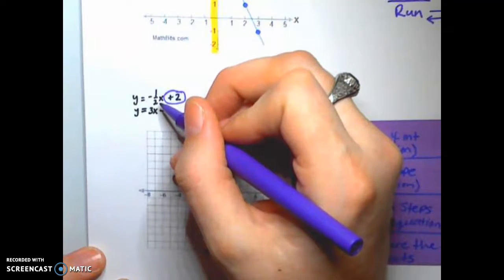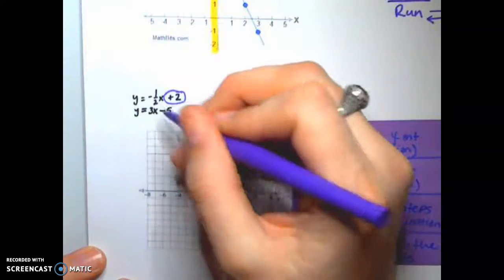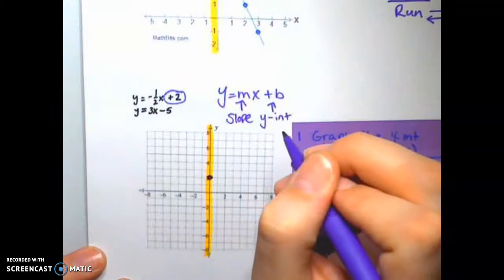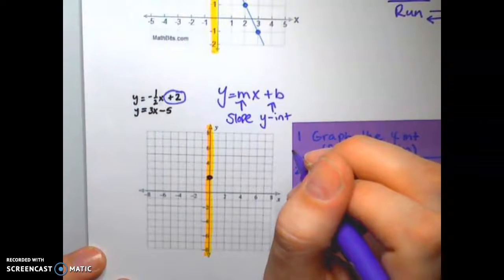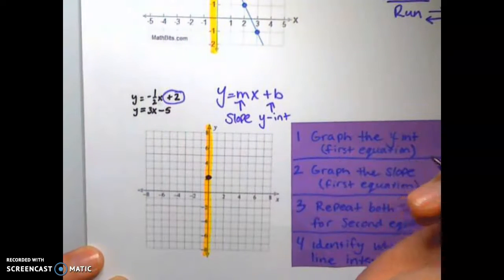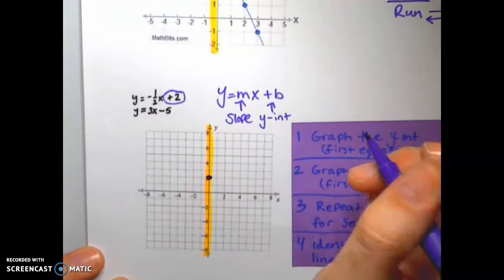Negative 1/2. Since it's a fraction, you could just pick one of these numbers to be negative, either negative 1 or negative 2. I'm going to pick negative 1. The reason you can pick one or the other is because a fraction is division. If I were to divide 1 by 2, I'd get 0.5. When you divide,